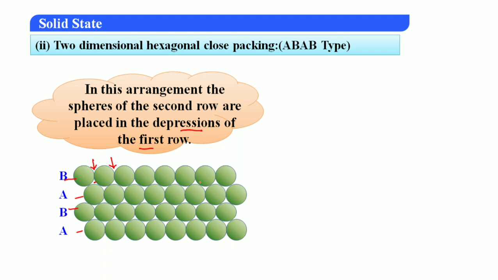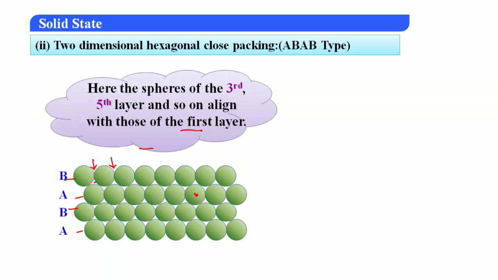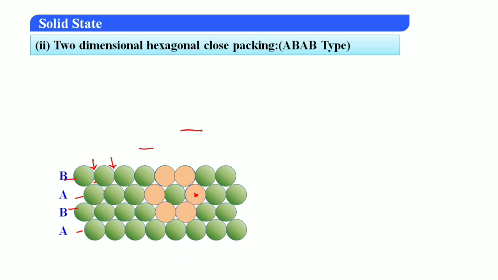And here you can see the coordination number of one particle if you observe. Here you will see that 6 particles are in immediate contact with this center. Like that, any particular particle is in immediate contact with 6 other particles. Because of that reason, the coordination number of this is equal to 6. So this is called hexagonal close packing.